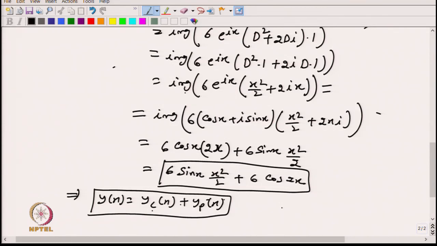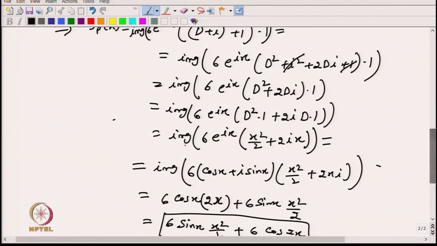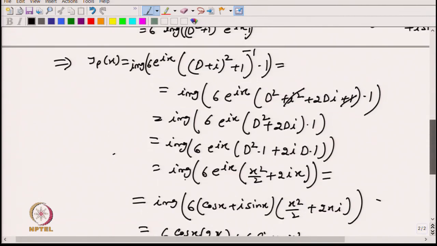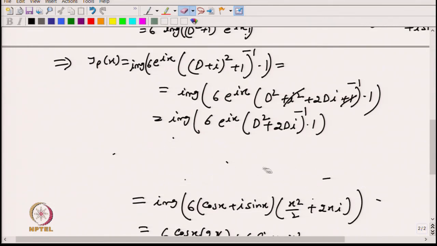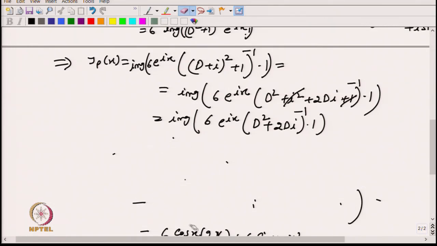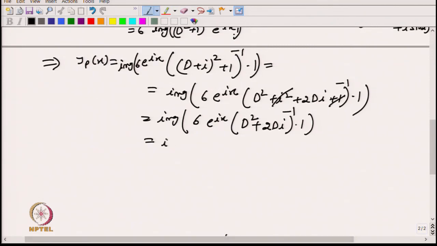Now, the thing is that, okay, there is one mistake I have done. It was the inverse also here. So we have to go back and erase this one, because it is the inverse function. So we have to do the inverse here. So let us do it again. So this will be the imaginary part of